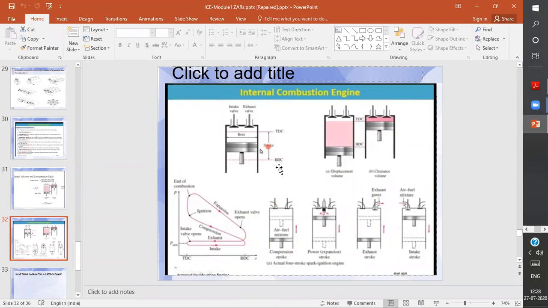See what is happening as the piston is moving, let's say in the compression stroke. Here the piston is here. As it is moving in the compression stroke, it is moving up from here. When it starts moving here, what should be the inlet and exhaust valve? Here, the inlet and exhaust valve should be closed.